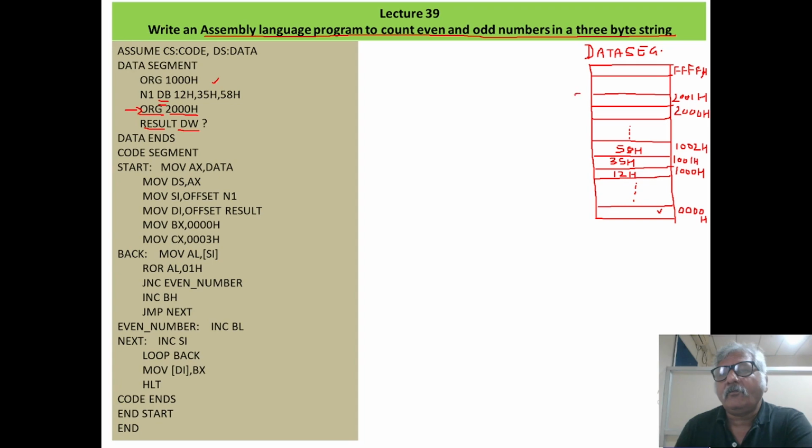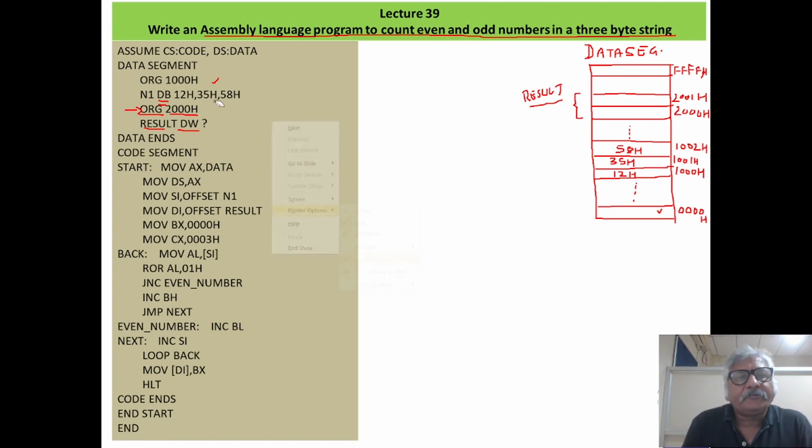These two memory locations are reserved for the result. Right? So what will be our result? Total, how many numbers are even? That will be one result. And how many numbers are odd? That will be the second result. So these two results will be stored at 2000H and 2001H.